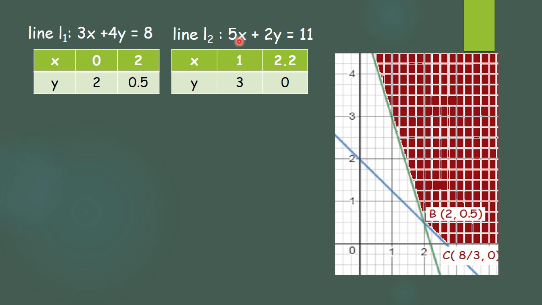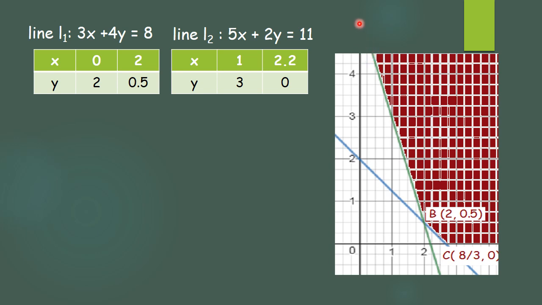When we replace here 0 plus 0, that is 0, and 0 is not greater than 11, so the region will not be towards the origin, it is away from the origin. So what we require is above this blue line as well as to the right side of this green line. This region is again not bounded from all the sides. Here my graph is a smaller one, that is required.